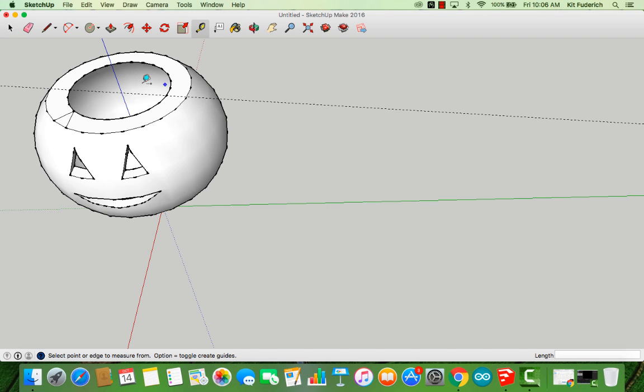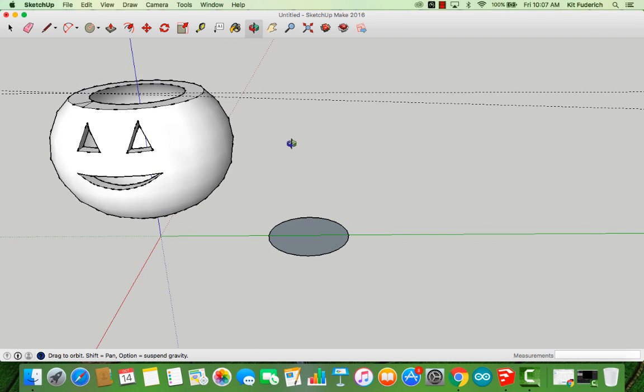So the way to do this is to first measure the hole at the top, and it's telling me that it's around 595 millimeters as the diameter. So in order to find the radius, I'm going to do 595 divided by 2, which is around 297. So when I take the circle tool right here and I lay it down flat, I'm going to type in 297, enter, and it gives me a perimeter